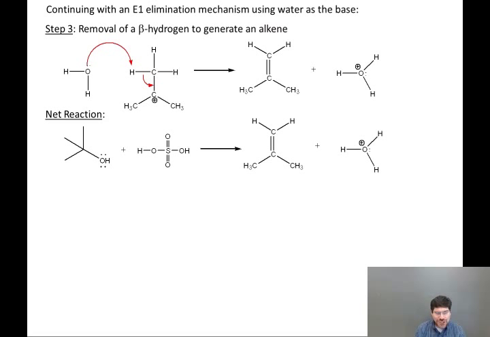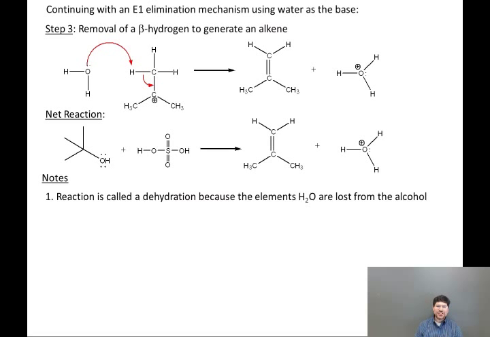So the net reaction is tert-butyl alcohol reacts with sulfuric acid to give the alkene plus H3O+. So this reaction is called a dehydration because the elements H2O are lost from the alcohol. If you count atoms in the starting material and count atoms in the alkene product, you have lost 2 hydrogens